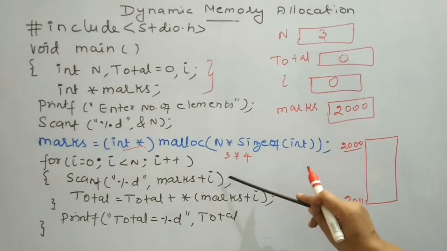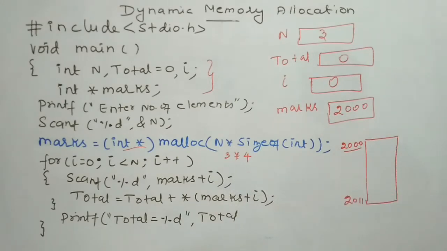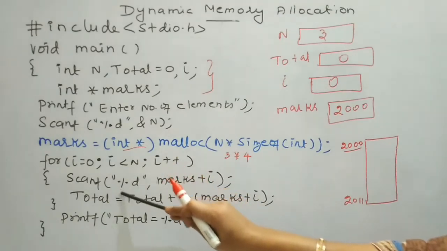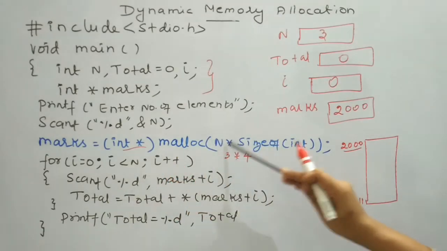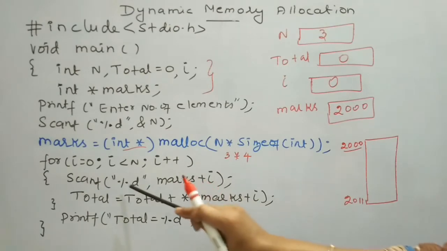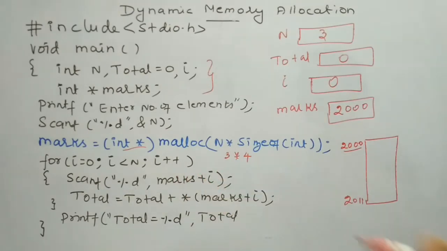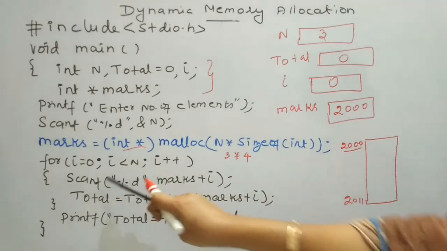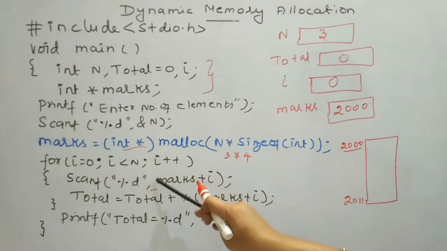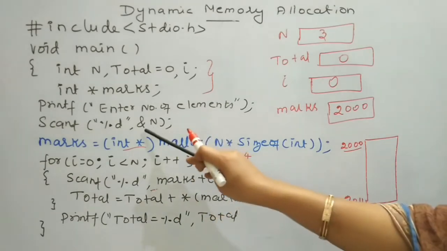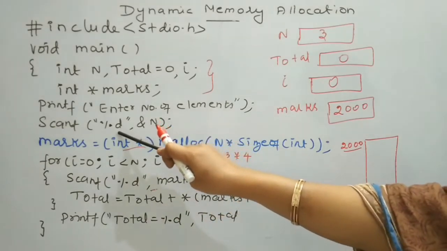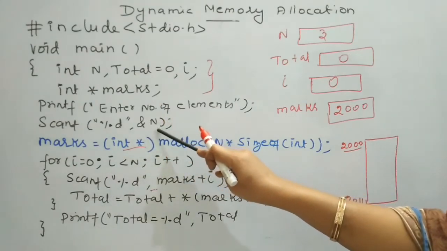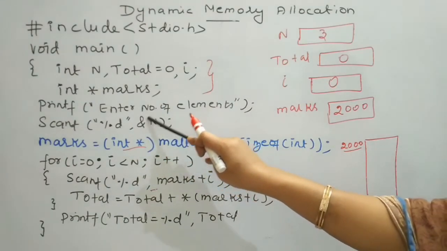In the for loop, the first statement is the scanf statement. In the scanf statement, we are going to get an integer value. Since in this array we are going to store integer values, we use the control string %d. Here we have not specified the ampersand symbol. Normally when we use the scanf function, we use the ampersand symbol before n, meaning that the integer value we get will be stored in the memory address allocated for n.